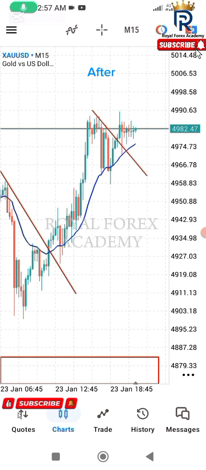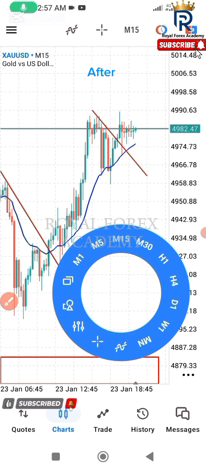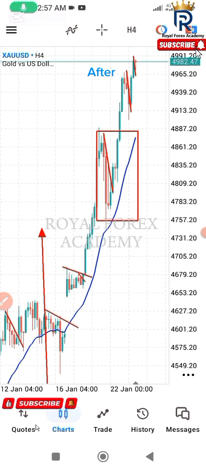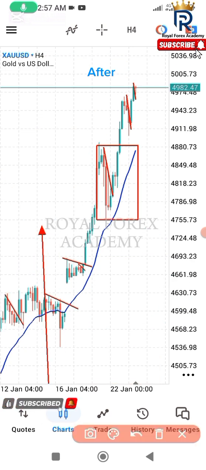But let's look at our 4 hour and see exactly what is happening there. You can see that beautifully well. Price has moved again very far from the moving average. So here is our current price. So there's a tendency the price will pull back a little too wide before it will now push to the upside. So what I just showed you now, this is the after of the previous analysis that we have done,